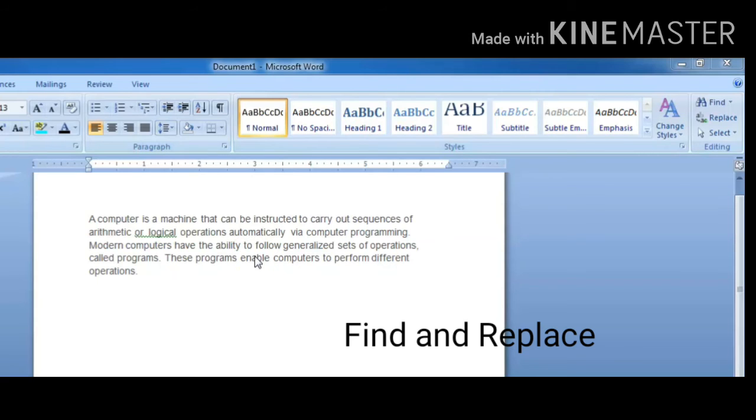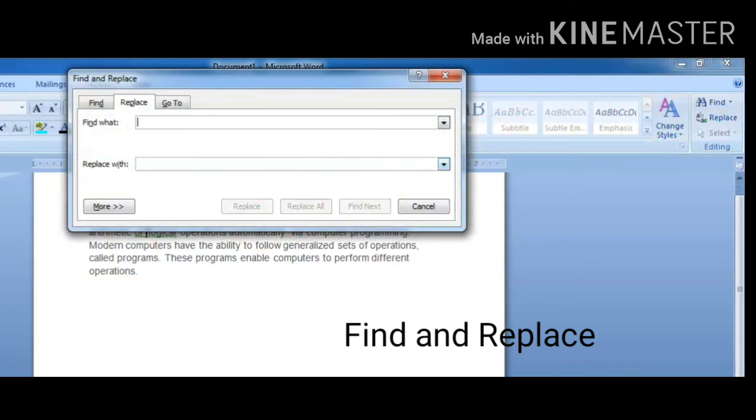That allows you to find a specific word in the document and replace it with another word that you want. Just see here, I want to change the word "to" to 4. Click on the Replace button.